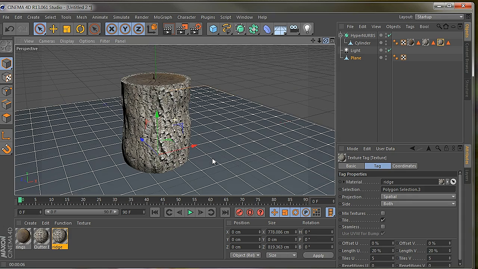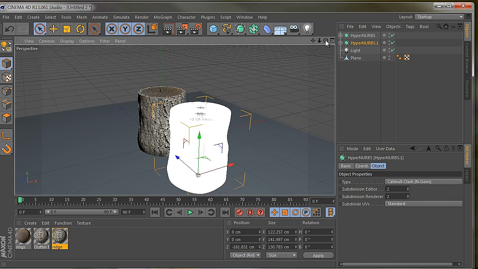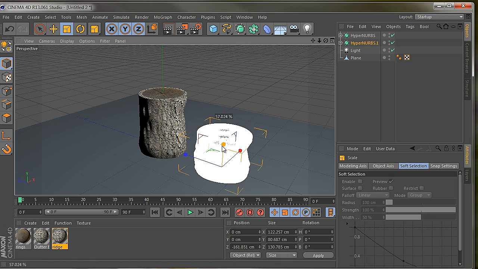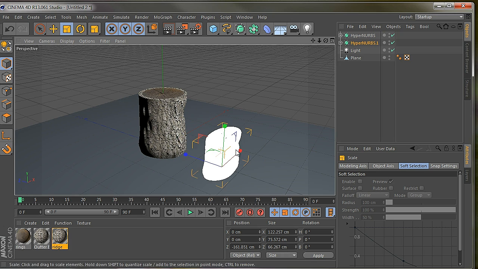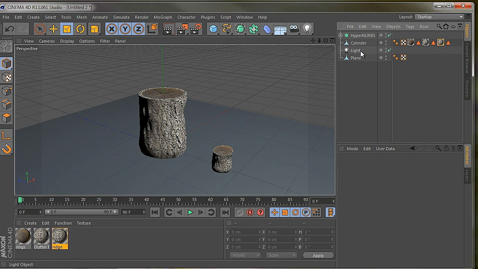So we could even take this another step further: select our HyperNURBS and click and drag, and we'll create a duplicate. Let's pull our duplicate out, and we're going to scale this guy down considerably. We won't use the HyperNURBS on this one, let's not add unnecessary render time to it. So let's take this guy and we'll drag it out. That HyperNURBS, we'll delete the HyperNURBS,